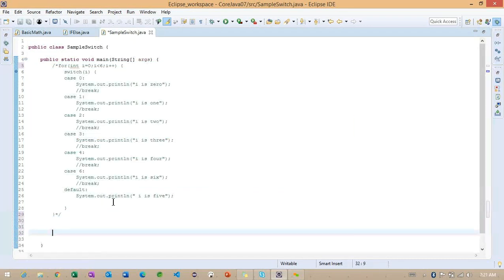Okay, now I've commented the code. So what is the shortcut to make the comment here? Control Shift and forward slash. So we need to work with Control Shift and forward slash. This makes the entire section a comment.